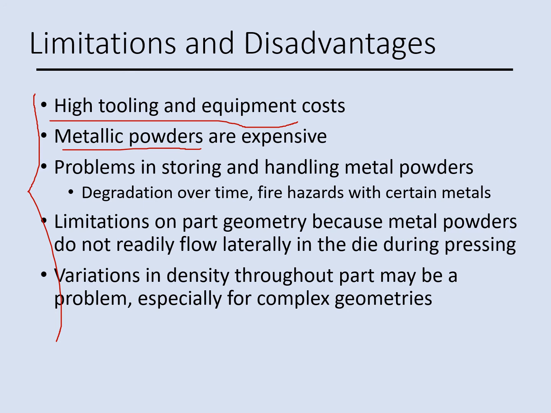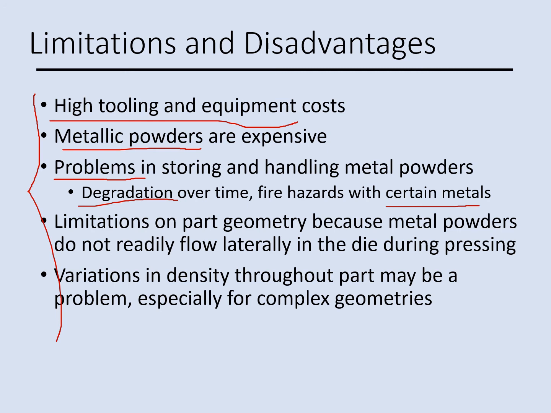You need to make all the powder in the same size. Their shape is important. That's why the powders normally are expensive. And we have problems storing the powders because over time they may degrade, and there is some fire hazard for